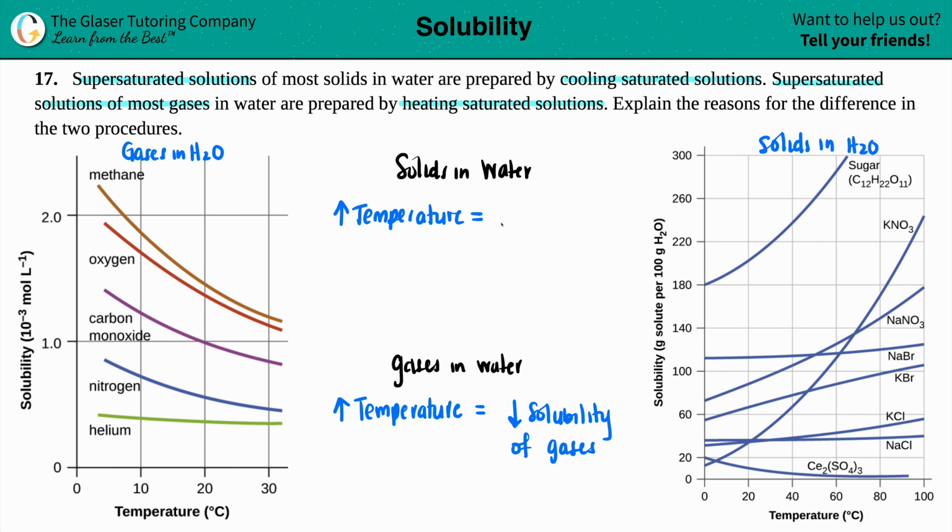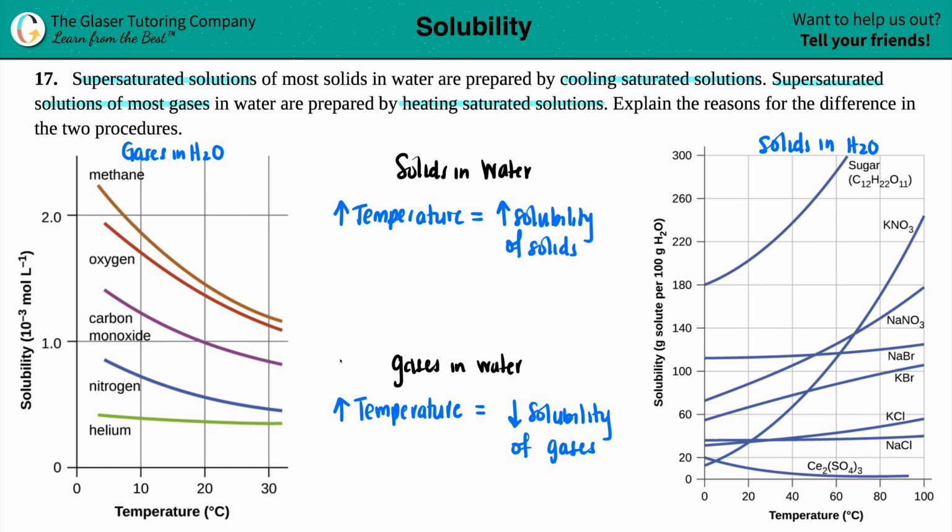Anyway, increasing temperature for these solids in water, the solubility is going to increase, which means that you can dissolve much more of your solid in higher temperatures. For the solids, not the gases, because they are an inverse relationship, right? The gases, as temperature increases, the gas solubility decreases,